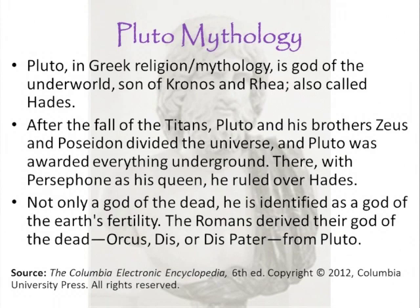Now, I'm not an expert in mythology, but I decided I would put in just a couple sentences for you. Pluto is also known as Hades, and of course Pluto rules the underworld, which is Hades. And many of you might know of the myth with